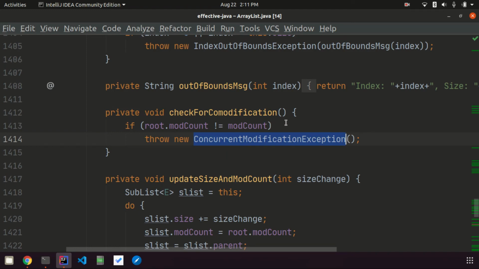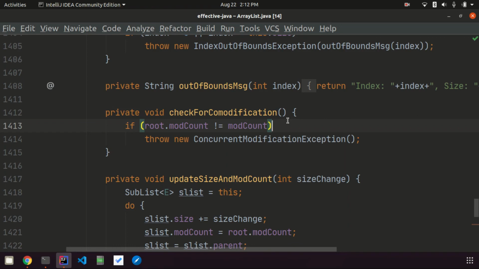And we have another exception which is not used so much in regular implementations, which is UnsupportedOperationException. Let's say you are implementing an interface and for some reason the implementing class doesn't support an optional operation of the interface.